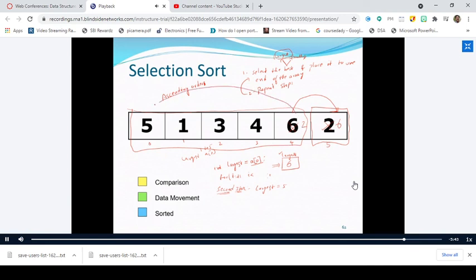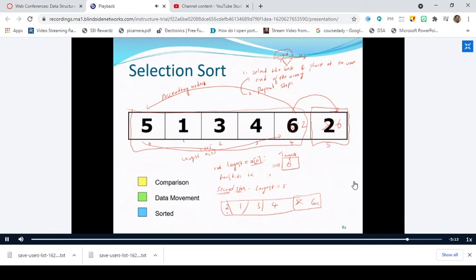Okay. Now what is the next list we have? It is 2, 1, 3, 4, 5, and 6. Already these have occupied the correct position. So forget about this. Now you have to find the largest element. What is the largest element? I told you the logic, right? You can go according to the logic also. You take the largest as 2, compare it with the next element. 2 compared with 1.